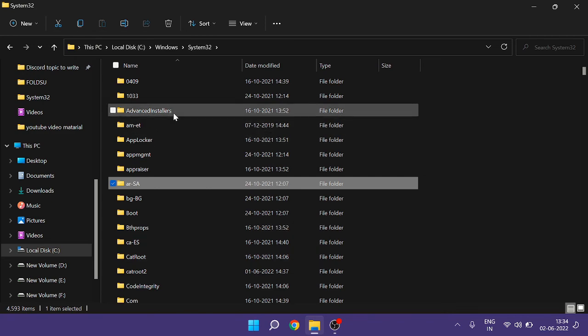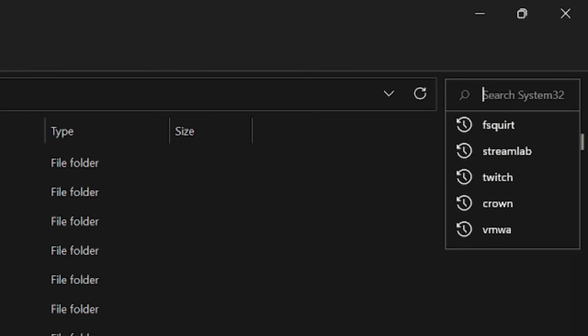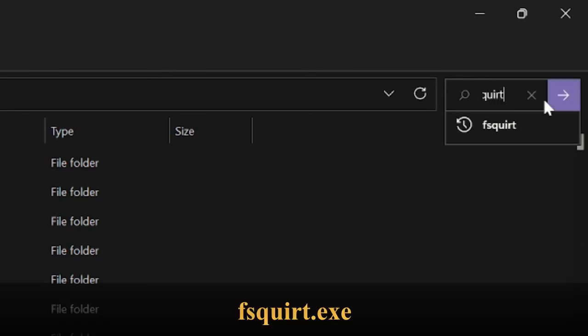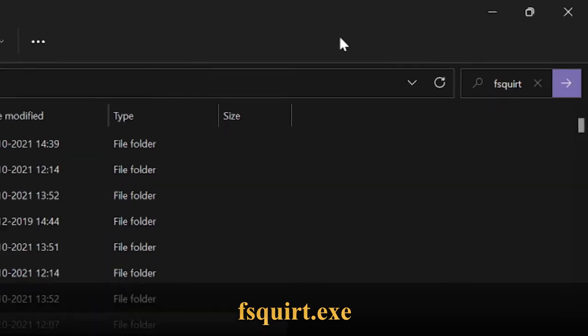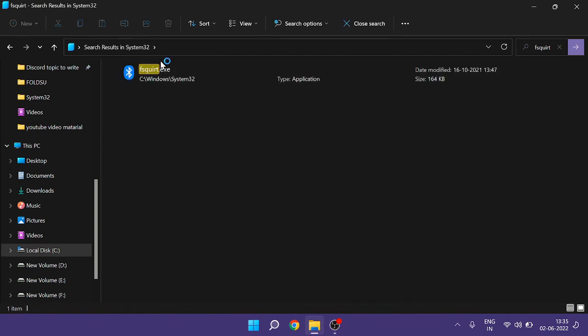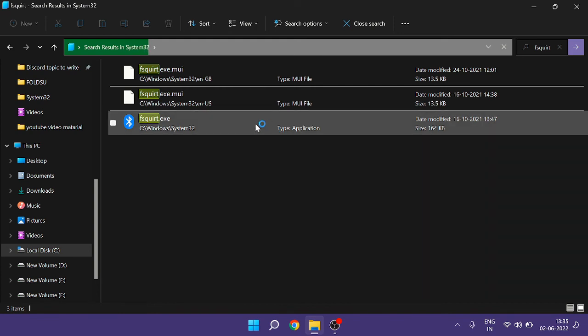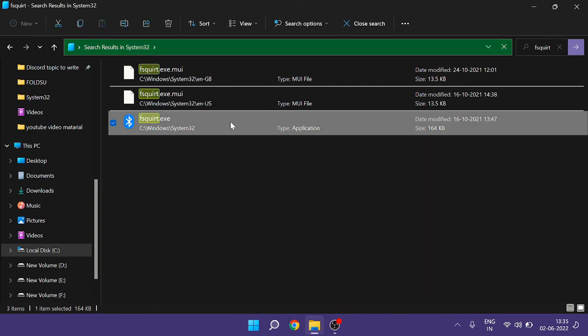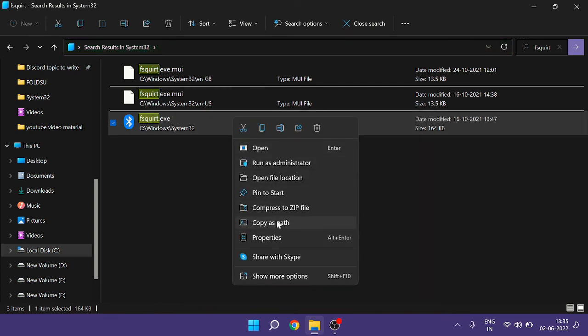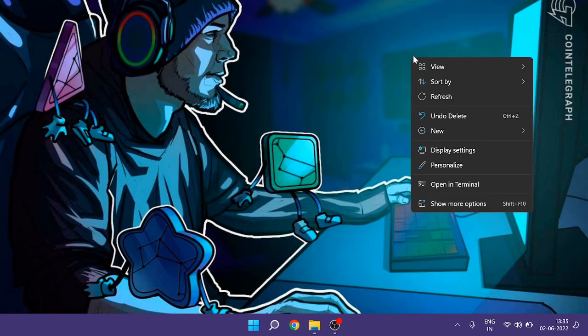So it's a huge folder, so instead of browsing, we can search from here. On the right hand top, you will see search System32. Just type fsquirt, then hit enter, and you will see that this file is coming up here. That is for the Bluetooth. So what you have to do, you just need to make a right click on it and choose copy as path. Once done, minimize it, come on your desktop,